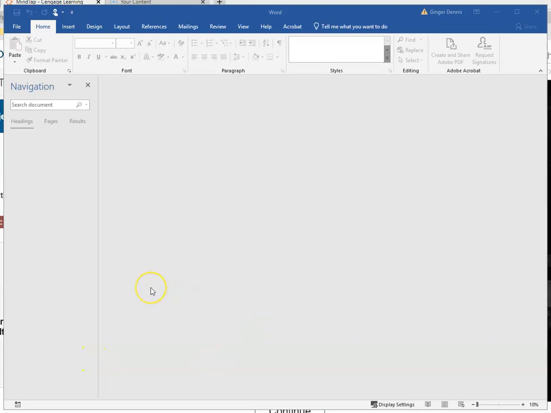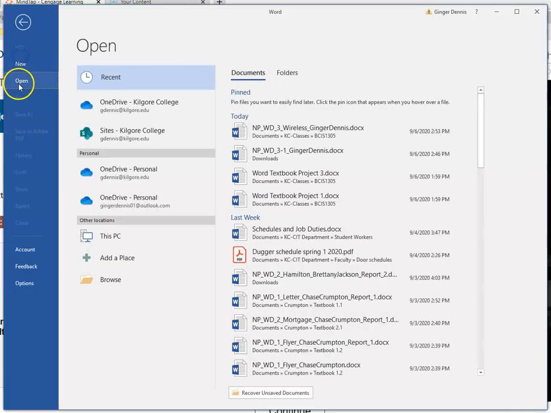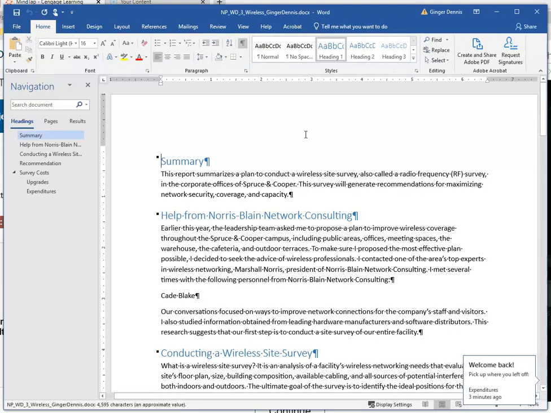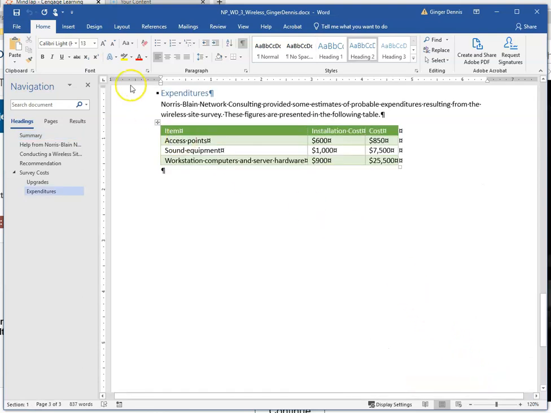In the second half of Word Module 3, we start by reopening that wireless document that we worked on in the first half. Now I am already in Word, so I'll open it this way. I'll go to File, Open, and since I've recently worked on it, it's here in my recent folders, or I could browse and find it if it wasn't here. But I'm going to click this to open it, and I can see in the bottom right where it tells me to welcome back and pick up where I left off. I can click that and it takes me right down to where I was last time I worked on this